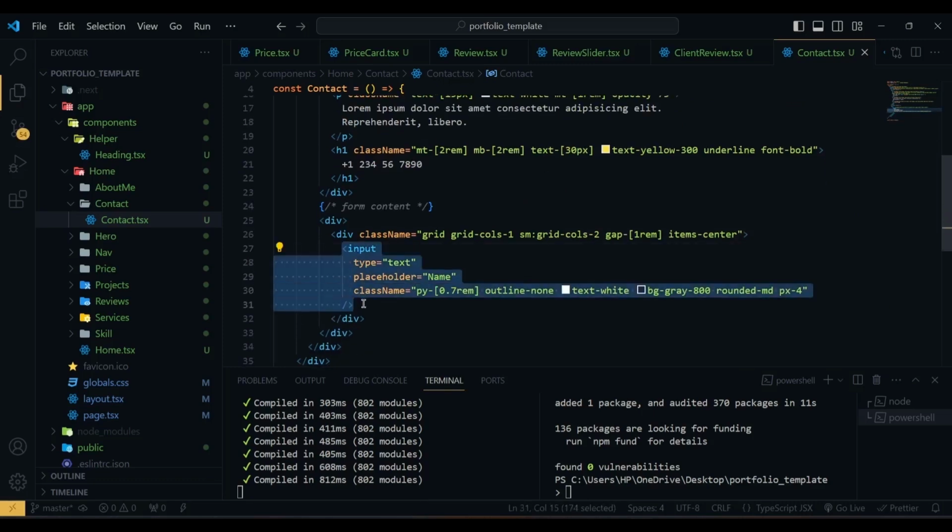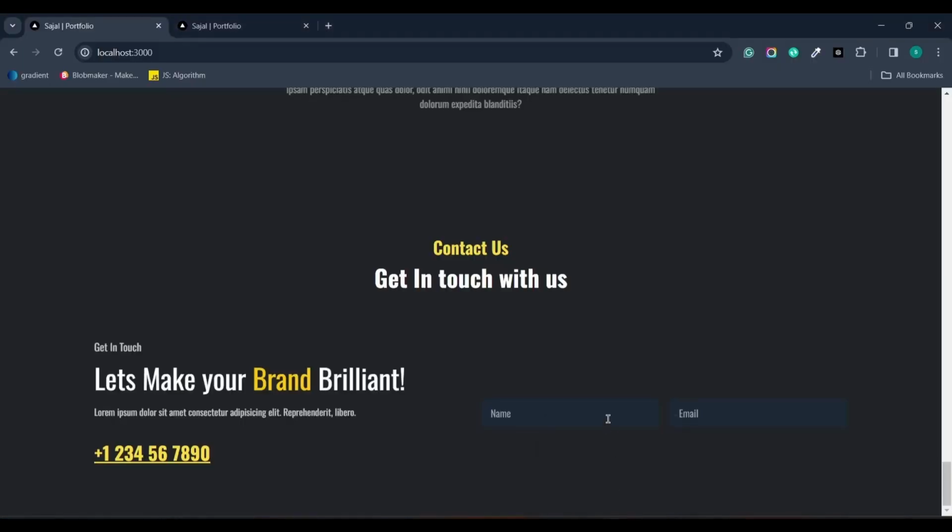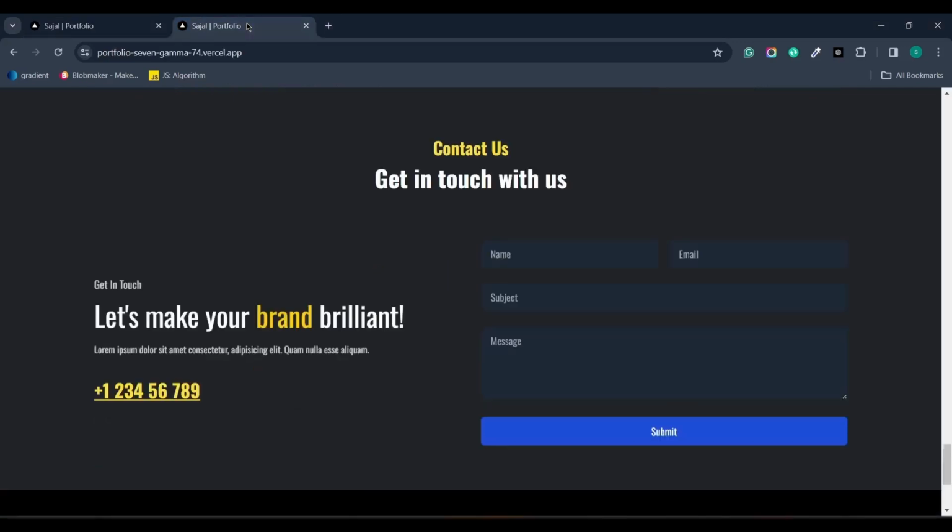Then we have another of this input with type email, placeholder will be email. Now if I check, so here we have name and email,